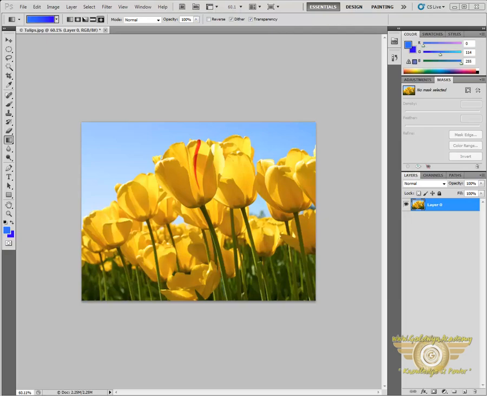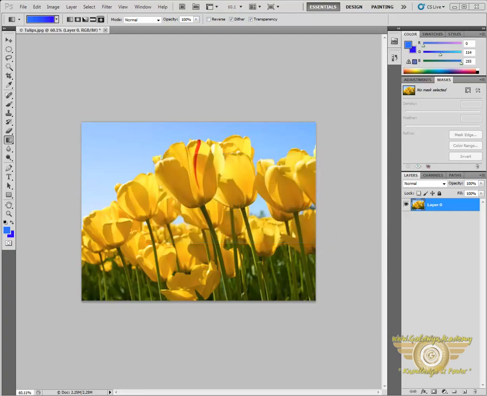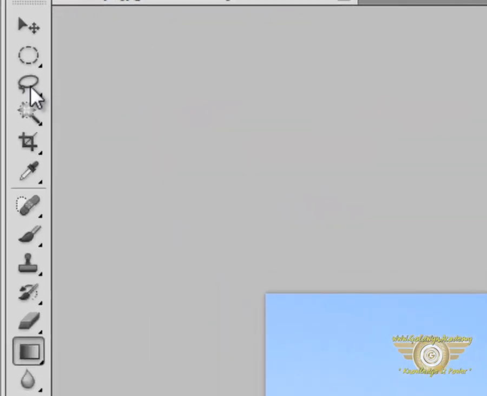Hello everyone and welcome to your 13th Adobe Photoshop tutorial, Making a Selection Part 3. In this tutorial, we will see the lasso tool and the quick selection tool. So let's start. First, to select the lasso tool, we go here below the marquee tool, left click on the